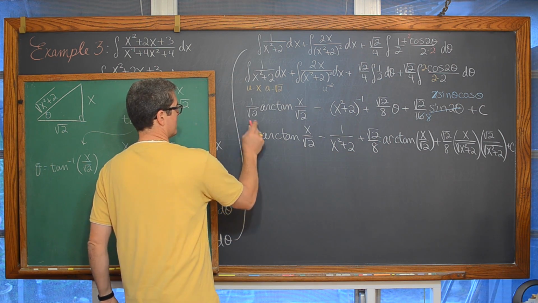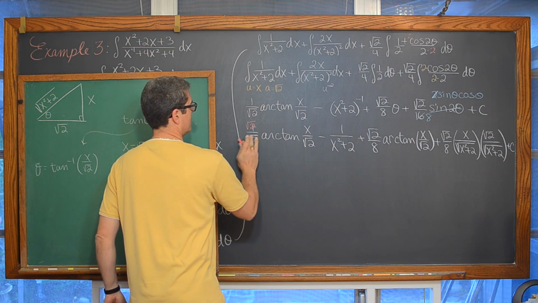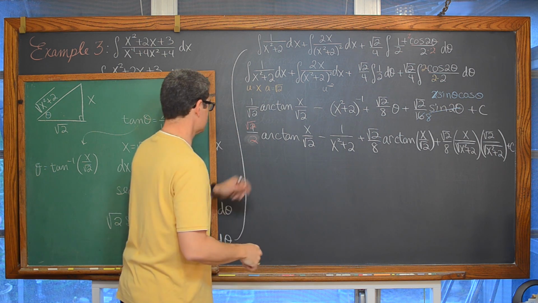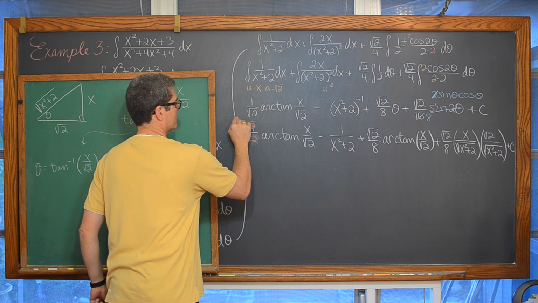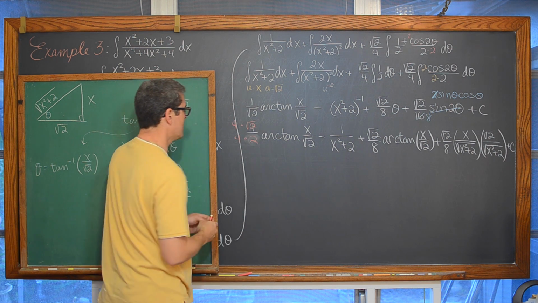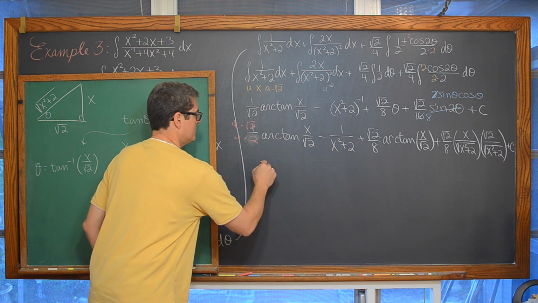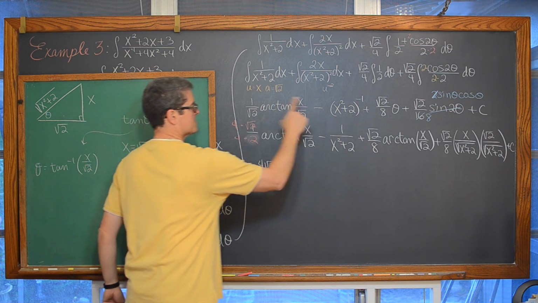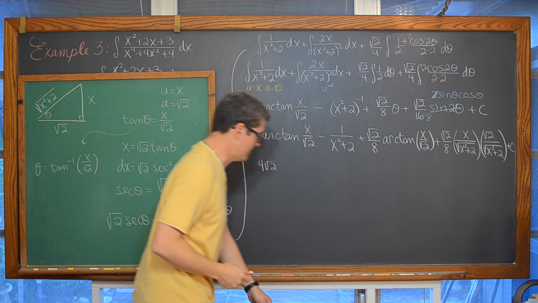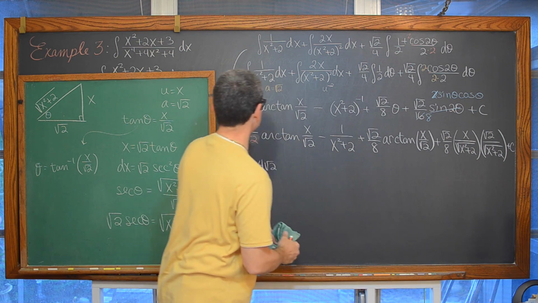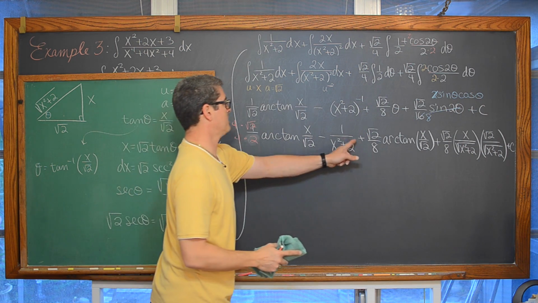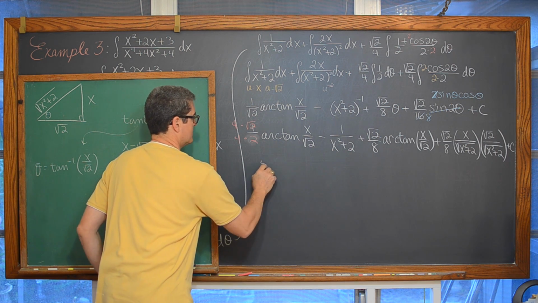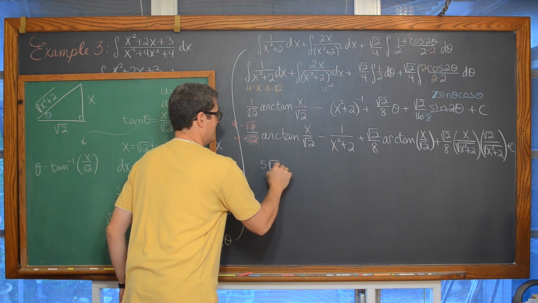Rationalizing this denominator, we're going to have the square root of 2 over 2. This has a denominator of 8, so a common denominator is coming in here, multiplying the numerator and denominator by 4. And we have 4 square root of 2 plus, well, I guess I could just add that. We have common denominators, and we have square roots of 2. So we have 4 square root of 2 plus square root of 2, which is 5 square root of 2 over 8.